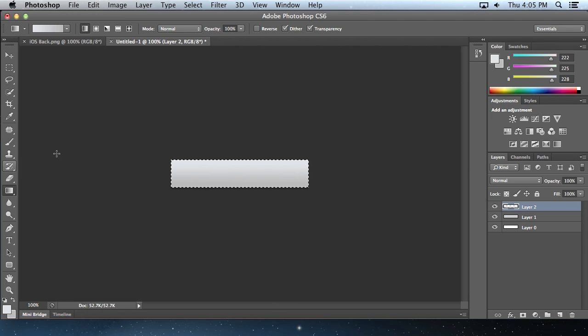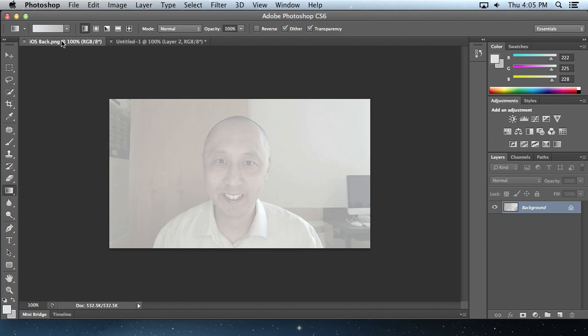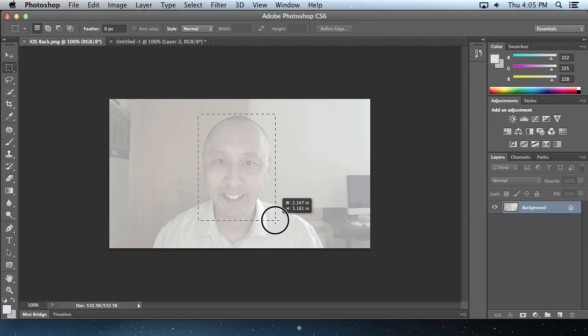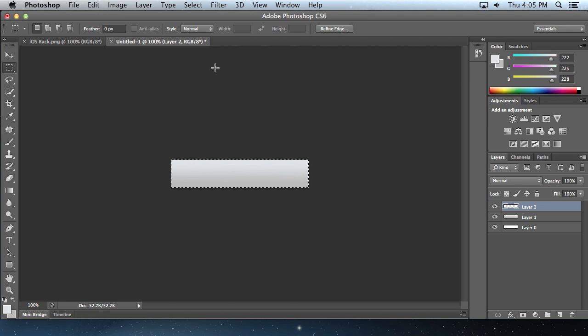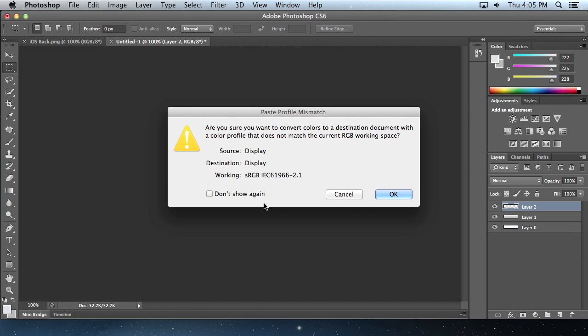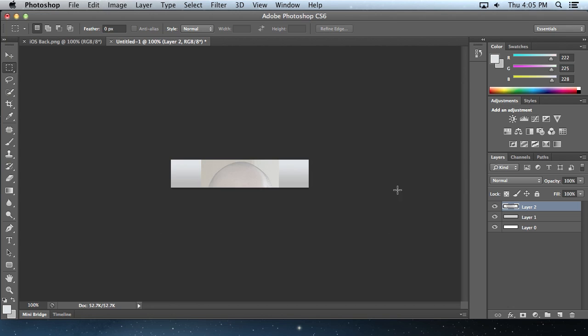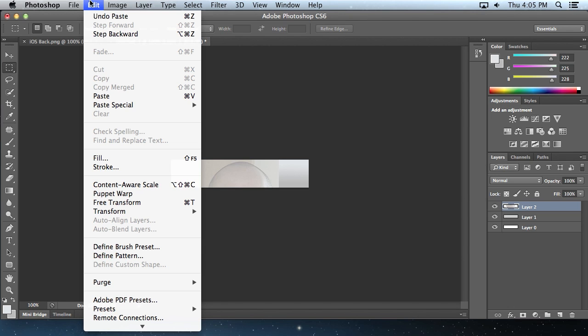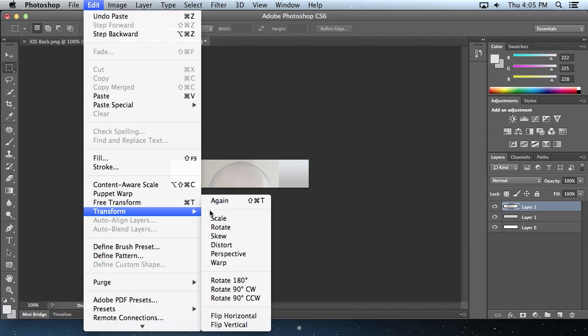Now we'll add another layer. Go back to our image. Select it, copy it, back to our button, deselect and paste. Okay, that image is too big for the button, so what we want to do is do a free transform scale,